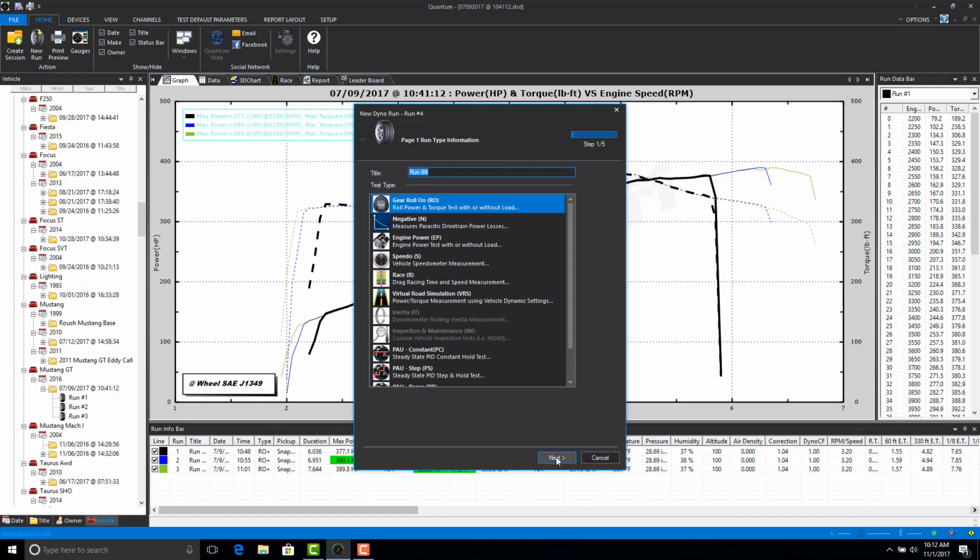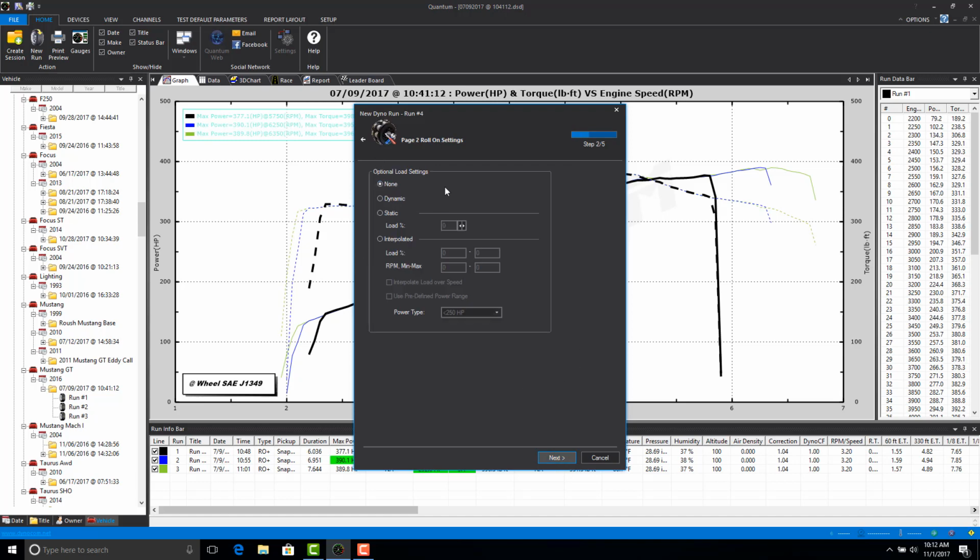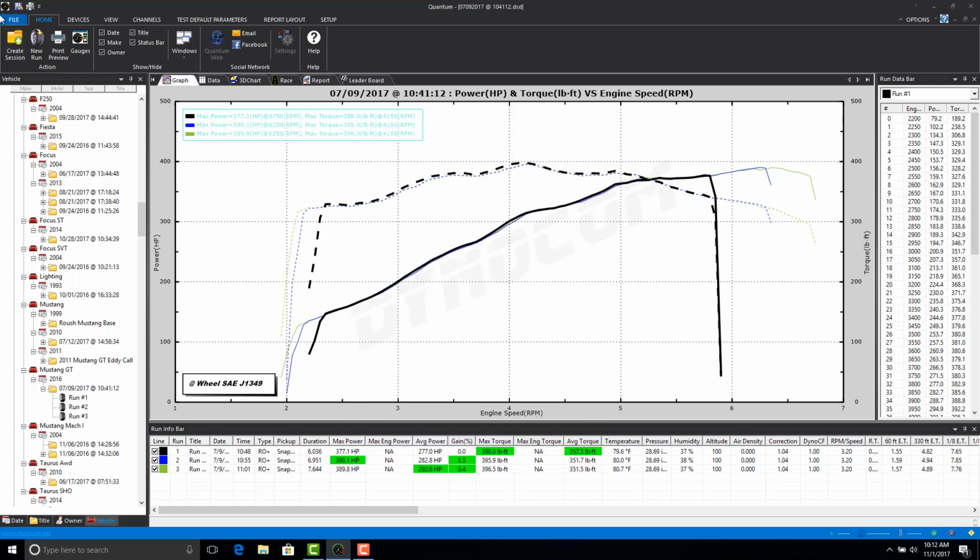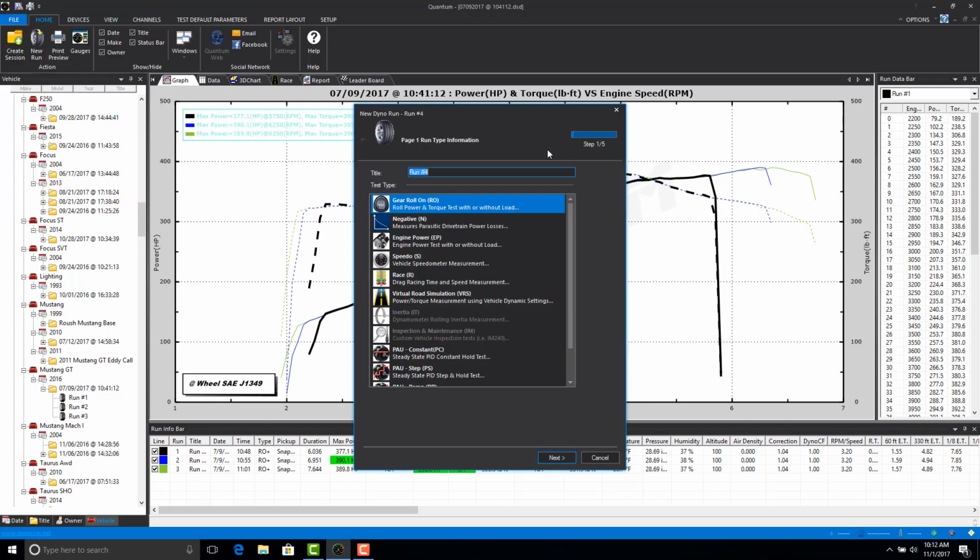So let's see what we have available to us on the next screen to set up this test, and we see it's the basic load screen. I've talked about this screen in another video, so I won't go over it in any detail here, other than to say that all these types of load are only available to you if you have an eddy brake. So let me cancel that, go back in here, new run,